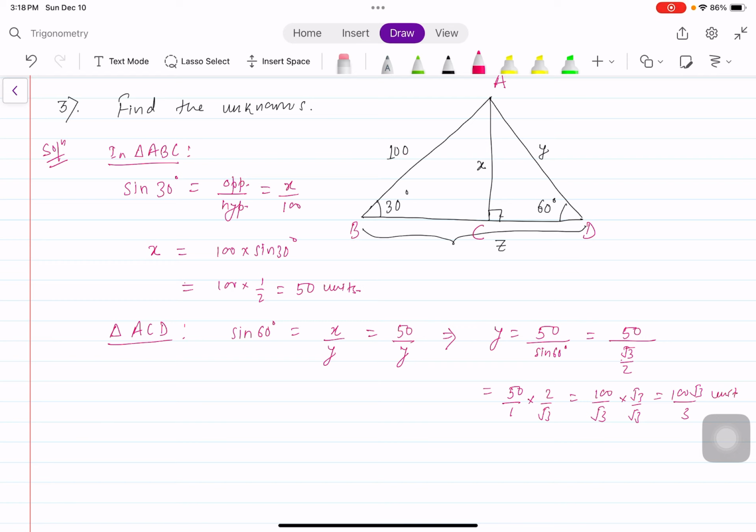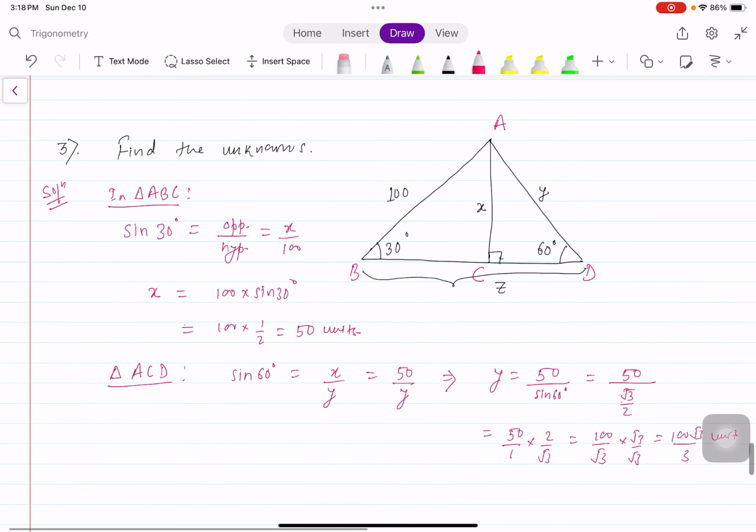But what remains to find? G, X, Y, Z. We have found X, we have found Y. Do we know Z? We do not know Z. So how to find it? There can be multiple ways of finding Z. One way could be finding this side and this side separately and adding them up. But if you look here,